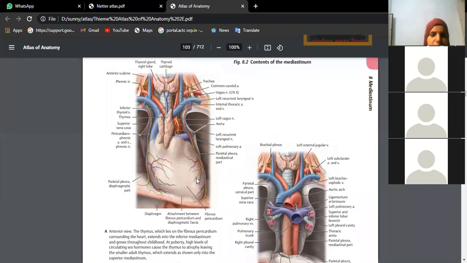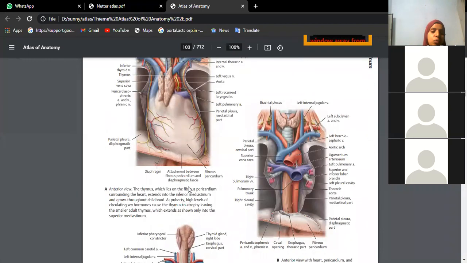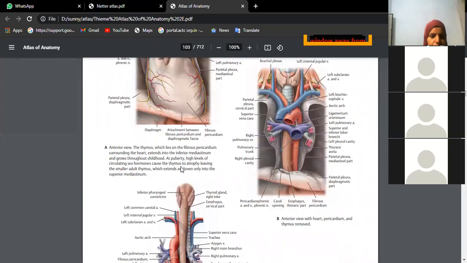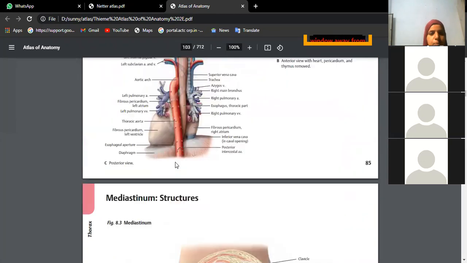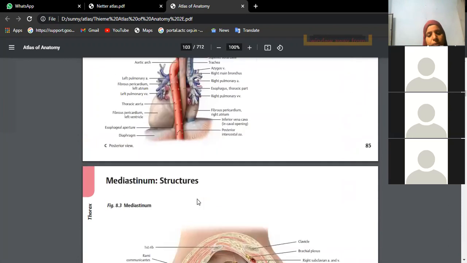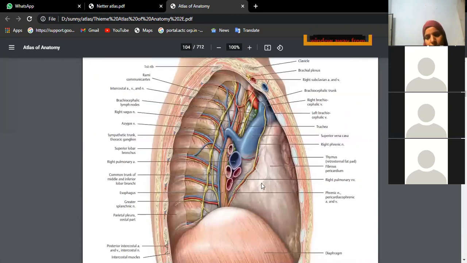Now once you see that, if they break the thoracic cage and show the structures in situ, then you will see this better, heart enclosed in pericardium. This is the posterior view, behind each other. You're finding esophagus, descending thoracic aorta, tracheobronchial tree, how it is branching. Pulmonary veins. Again, these are all posterior mediastinal structures only.